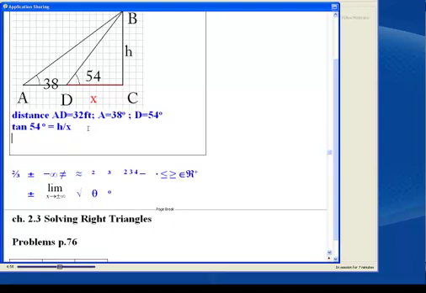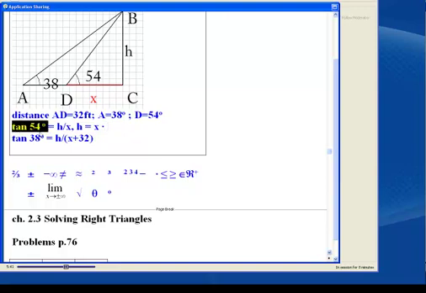where we can also use the tangent of 38 degrees this time. And we have h divided by the total adjacent length, which is x plus 32. As I said, I didn't write the 32 into the equation. Excuse me. So in this one here, we can solve for h, and then we're going to come up with h equals x times